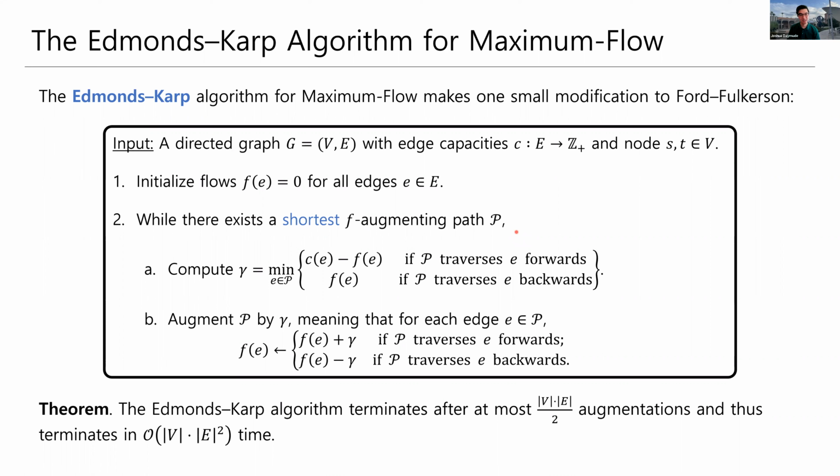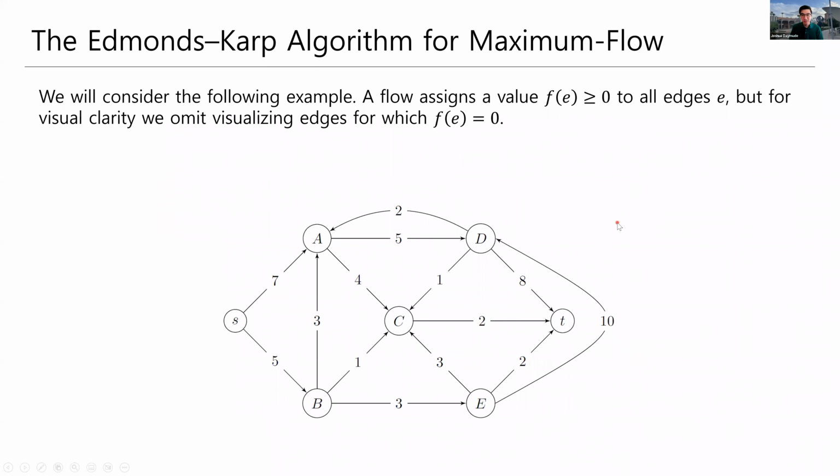We just need a shortest s-t path that is f augmenting. The runtime theorem for Edmonds-Karp is that it only uses the number of nodes times the number of edges over 2 augmentations. Each augmentation takes a certain amount of time, and therefore we can get a nice polynomial running time for Edmonds-Karp. We're going to conclude this lecture